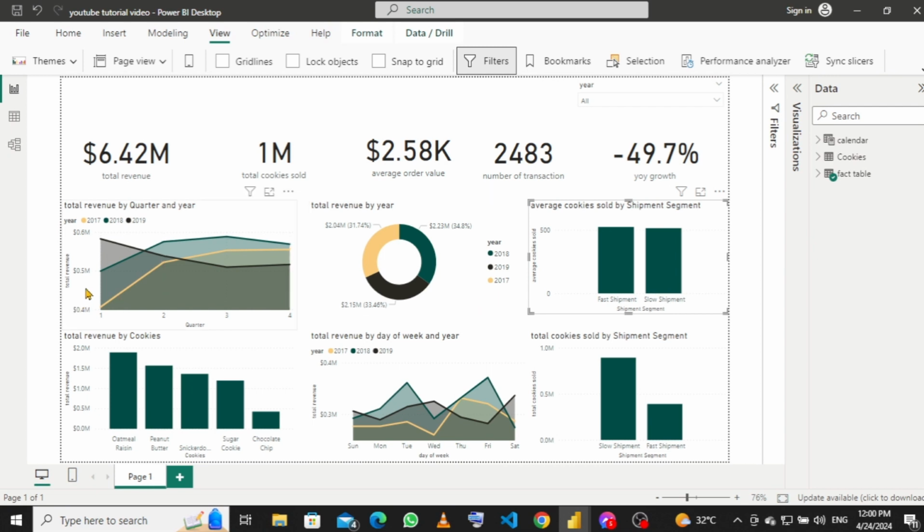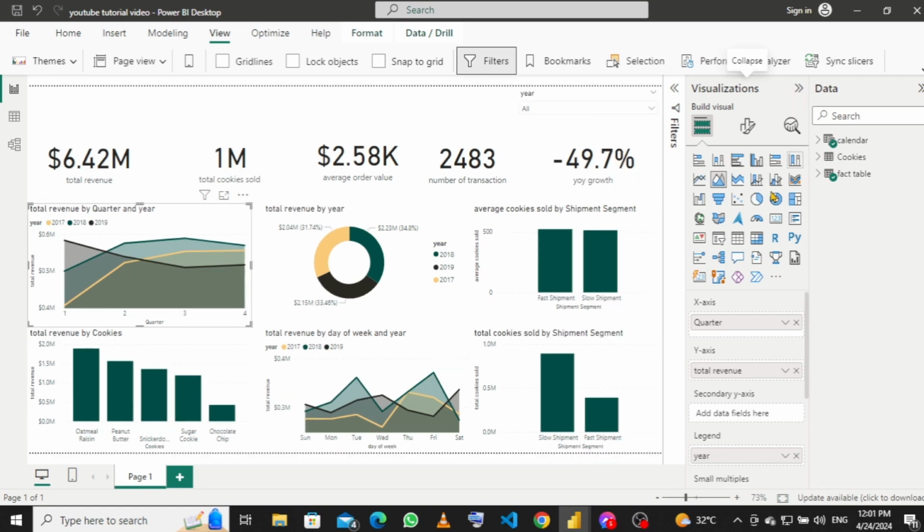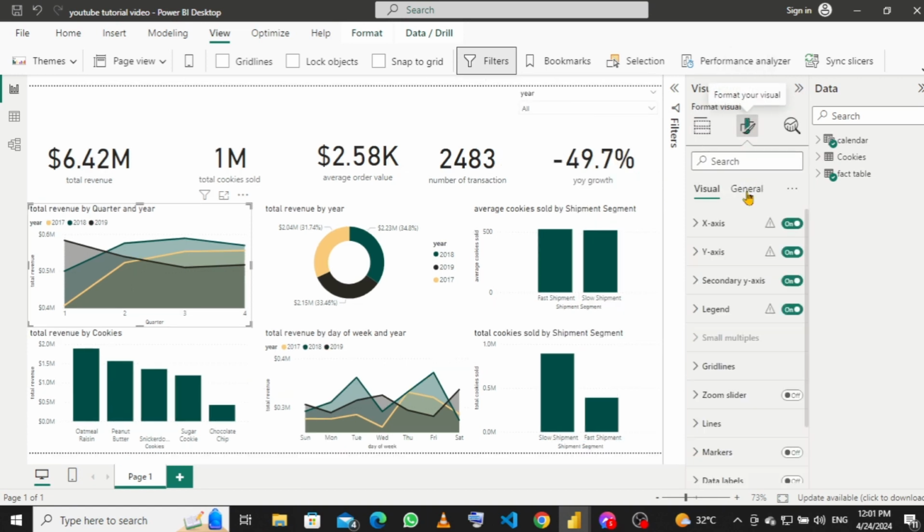So this is what we're going to do. We notice that this trend for 2017 is okay, but we want to change. This is good, so we can move forward, but we want this line to be for 2019 because we're actually more concerned about 2019, trying to know what's going on with 2019. So we click there, we go down to our